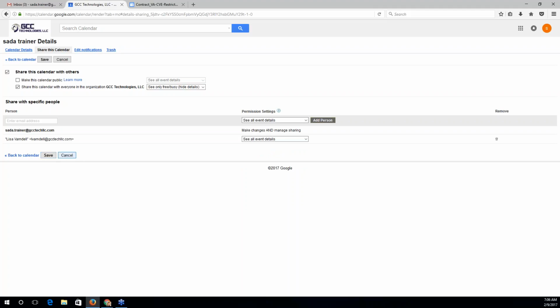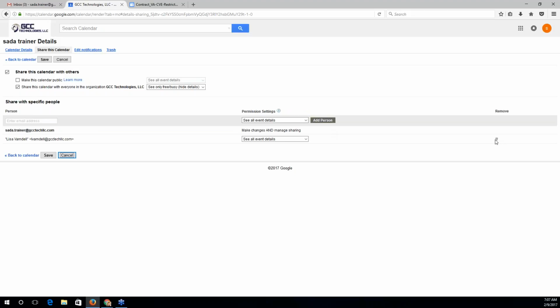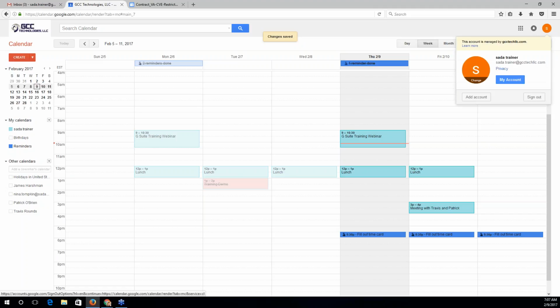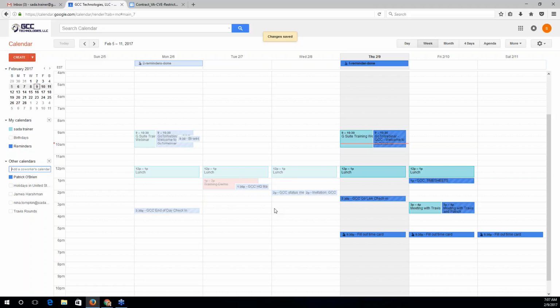Once you hit save, your work account will get an email saying, Lisa's personal Gmail account has given you permission. Oops, I will remove you actually. And then at that point, you're going to have access. That means that once you're logged into your work GCC account, you're going to be able to search for Lisa at Gmail, and your calendar will be pulled up and you'll be able to have overlapping visibility, much in the same way as I can view Patrick's calendar overlapping with mine. You'll then be able to see your work calendar in one color and your Gmail calendar in another color.